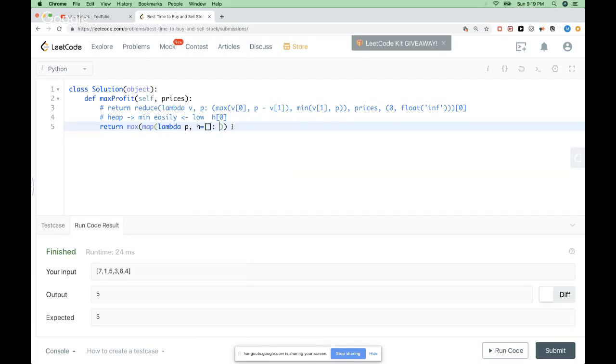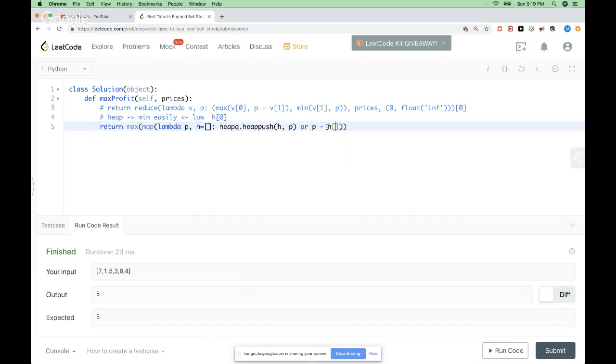And so the way we do that is by saying, when you get a new price, push it to the heap so that we can extract the min one. And here is just a way for me to sequence the operations, to do this operation and the one next to it. And then for this function we need to return p